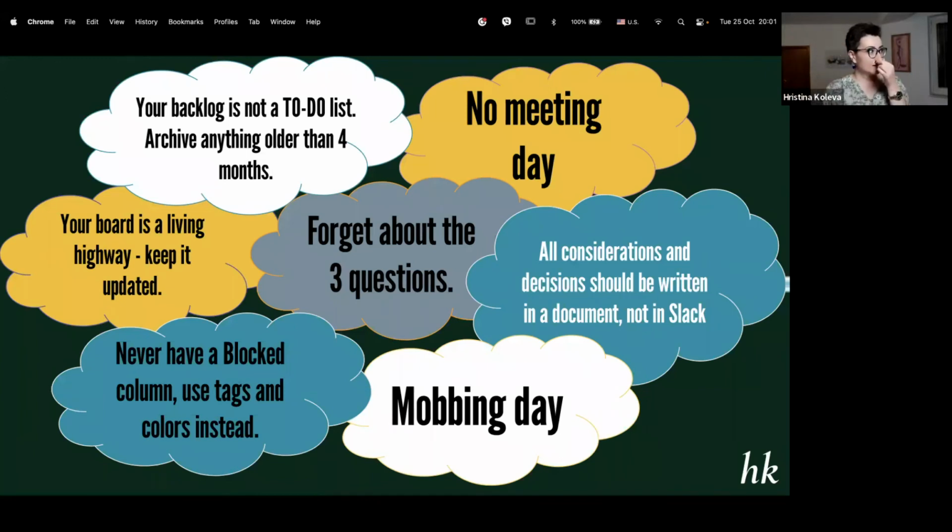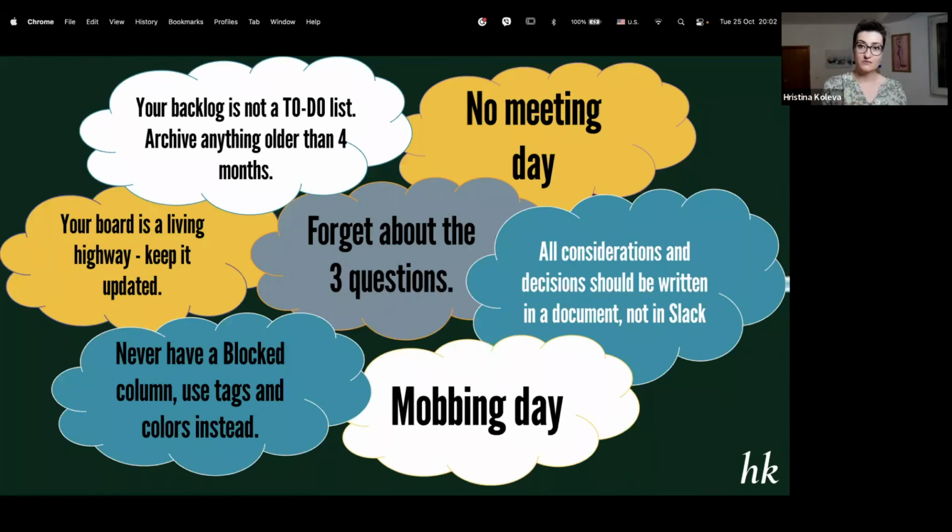The no meeting day for me is, it might sound in contradiction with what I've been talking about today, but on the contrary. This active working, mob programming, read about it. It's amazing, this is what I've been talking about actually. Woody Zilla, was it? Invented it. It's brilliant, according to me.